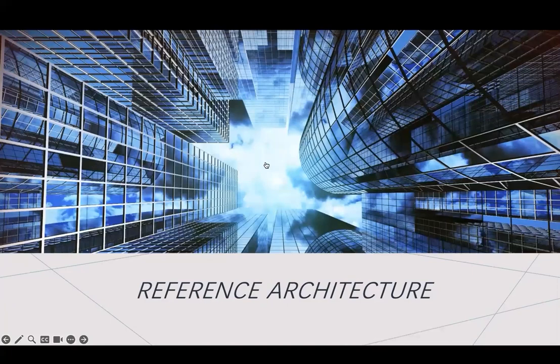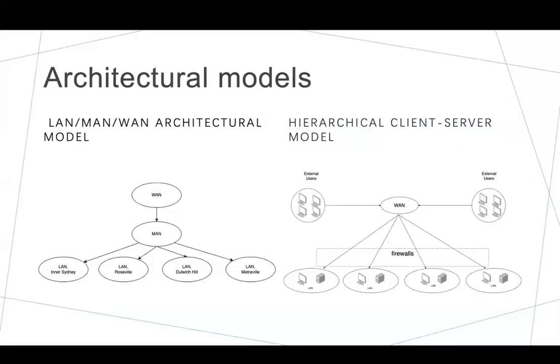In this part, I'm going to introduce the architectural models and the addressing and routing architecture justification. We select 2 architectural models. The first one is the topological model, and the second one is the hierarchical client-server model from the flow-based model. There are 4 of the flow-based models. The reason why we choose this one is,